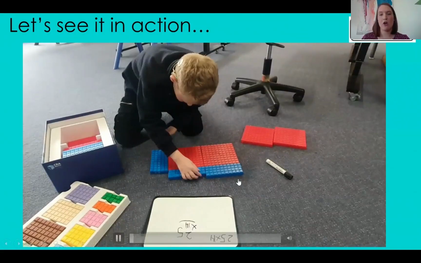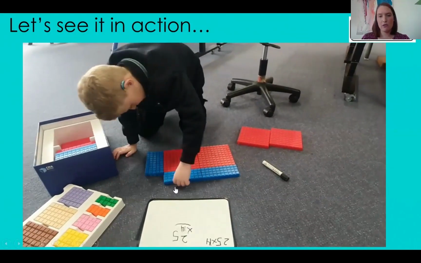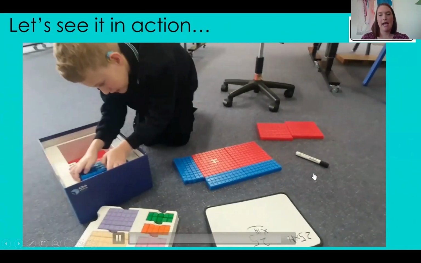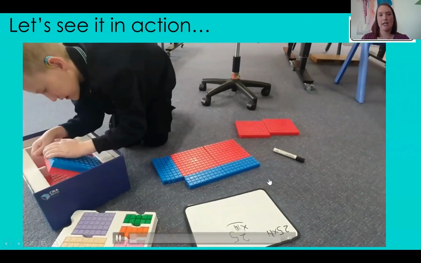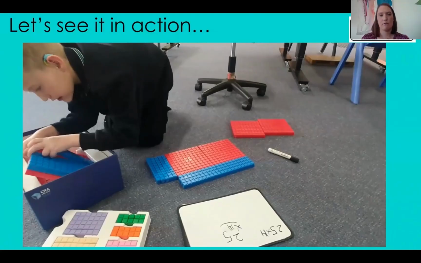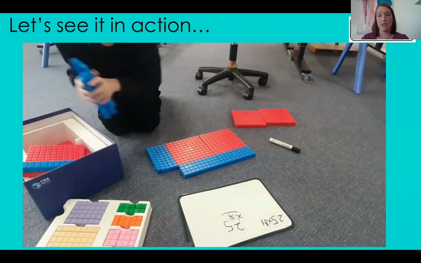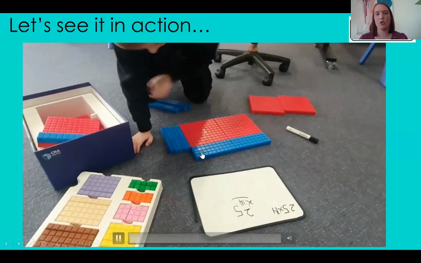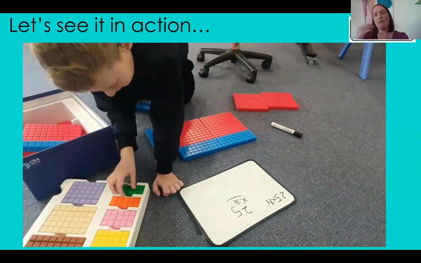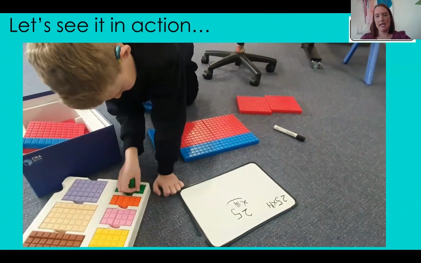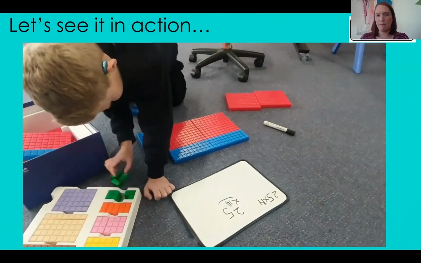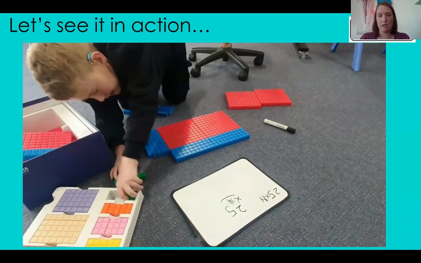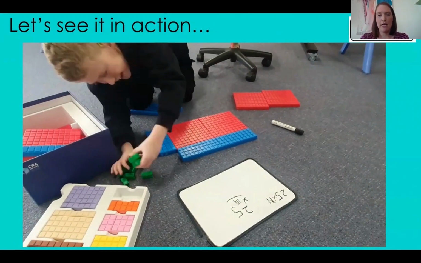He does have a whiteboard and he does have one-to-one, but other than that, doesn't require many things. So he is using the concrete to build this abstract here. So he's got the abstract written down, and he is now using the concrete to build. And when this video was taken, he'd been doing it for a while. So I know that originally he was doing concrete, concrete, concrete, and then writing. And now he's developed some of his own, and he's going to solve using the concrete to prove it. As we always say, the blocks don't lie.